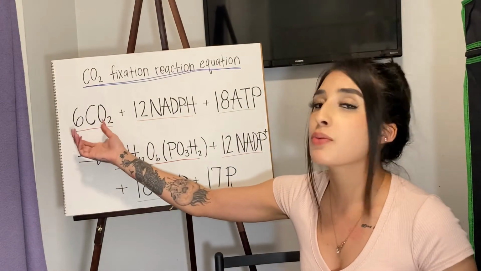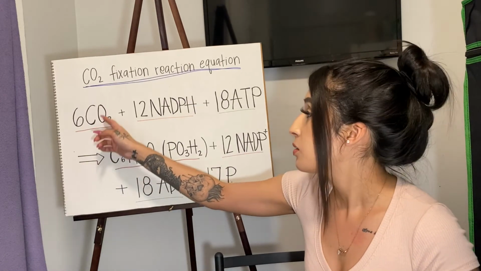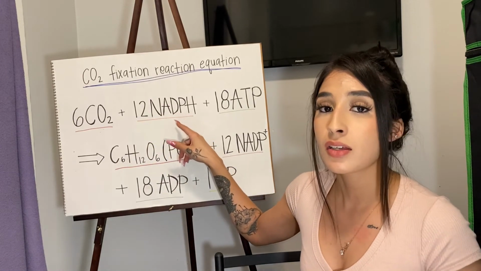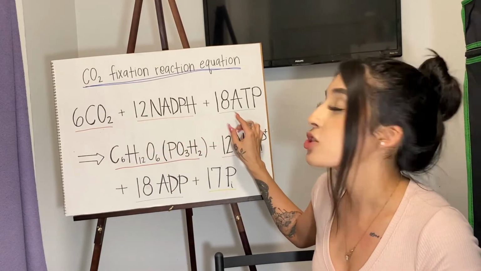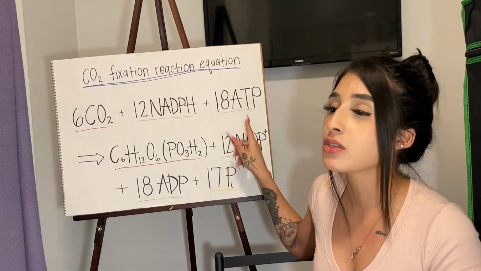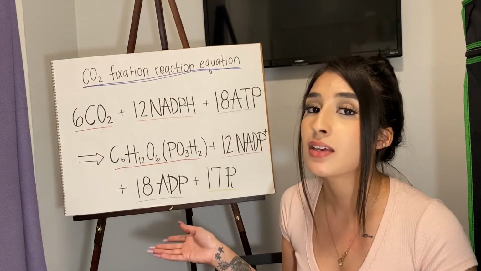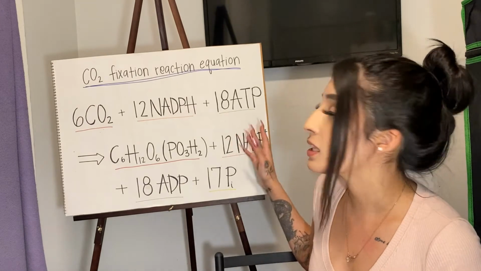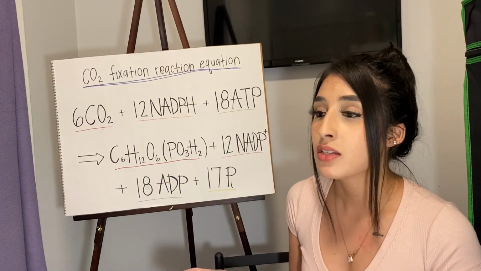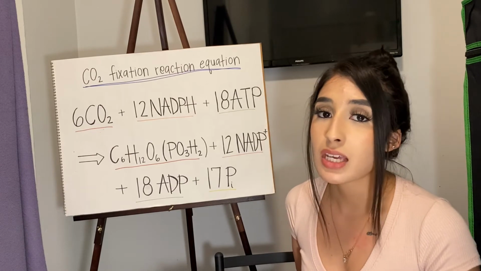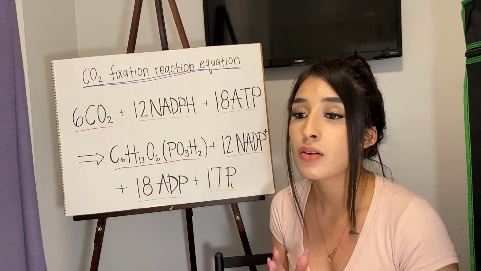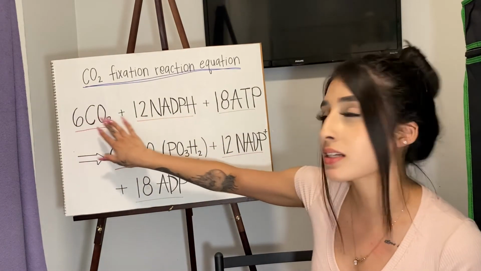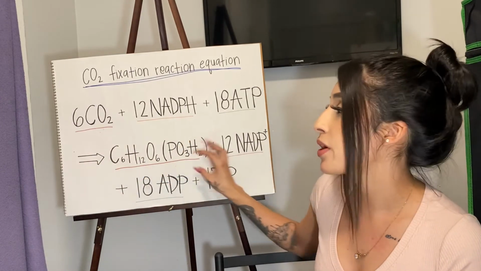The reactants that we started with are 6 CO2 molecules. We also had to add the reducing power, which was 12 NADPH molecules. We also added a total of 18 ATP molecules. We added 12 in the beginning to add that phosphate and create the biphosphoglycerate. And at the end we added 6 ATPs to finally regenerate that ribulose biphosphate to be now a 1,5 ribulose biphosphate. So these are our reactants. Those will make our products, which are